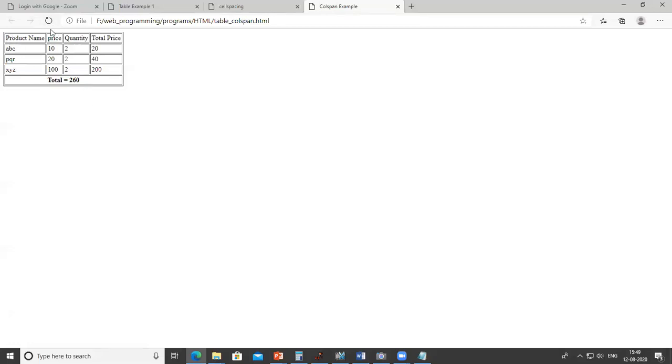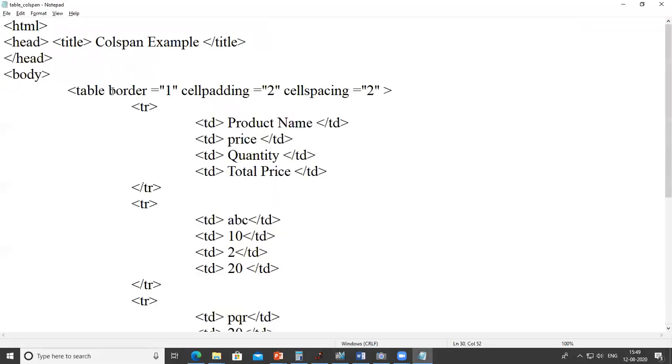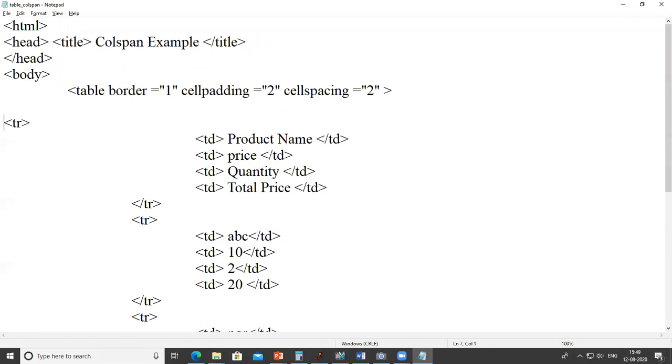Suppose that if you want to add one more column here, so here I add one more column with TD ABC shop. Here I close the TD again and close the TR.